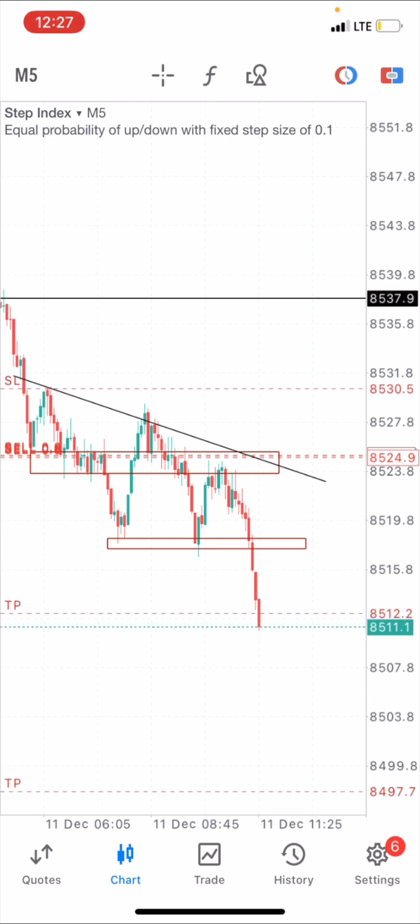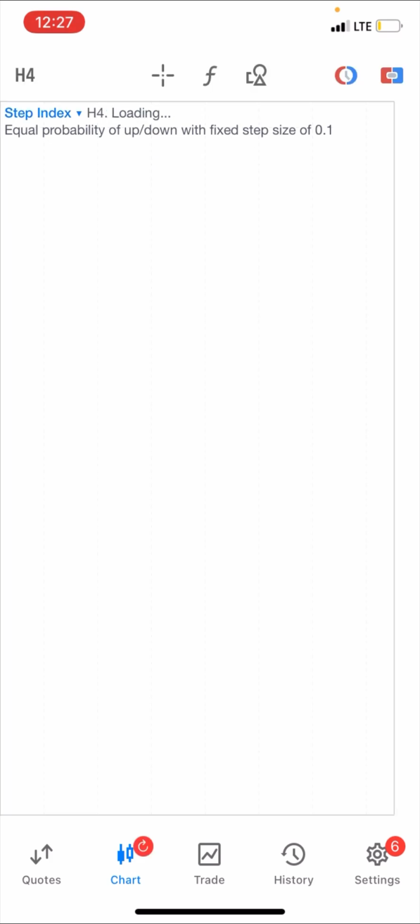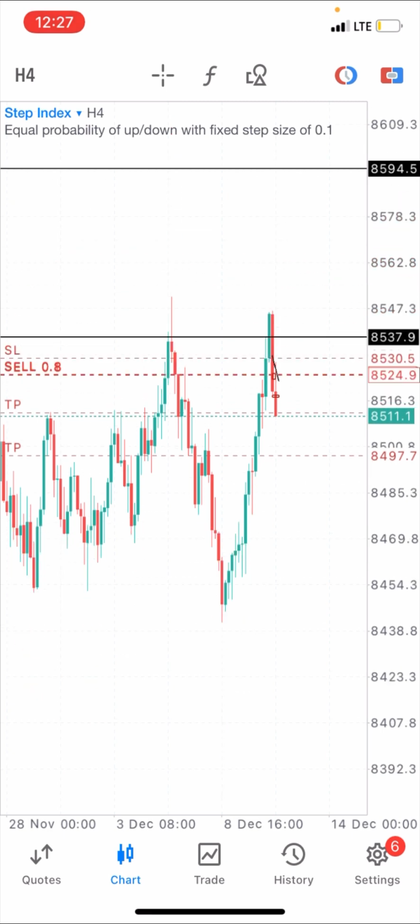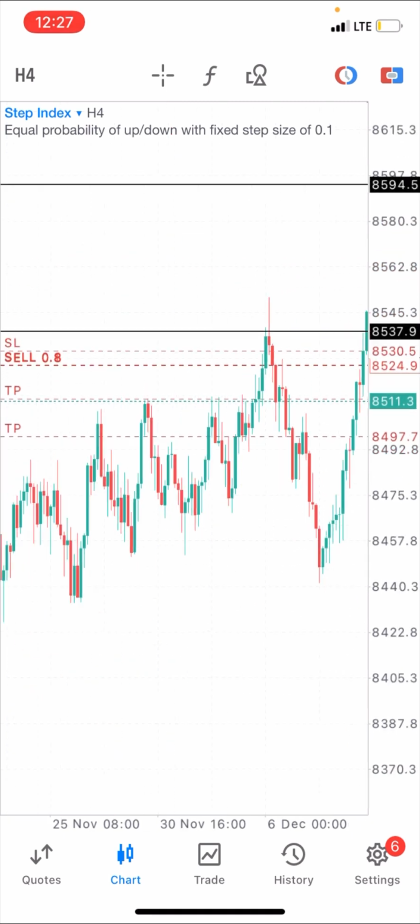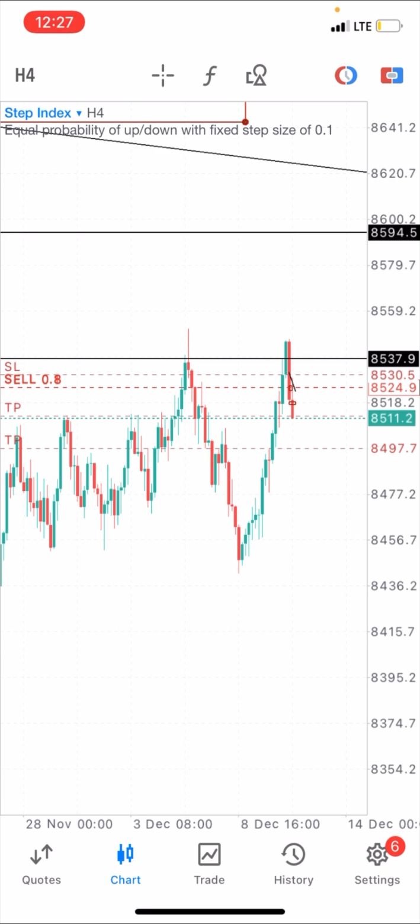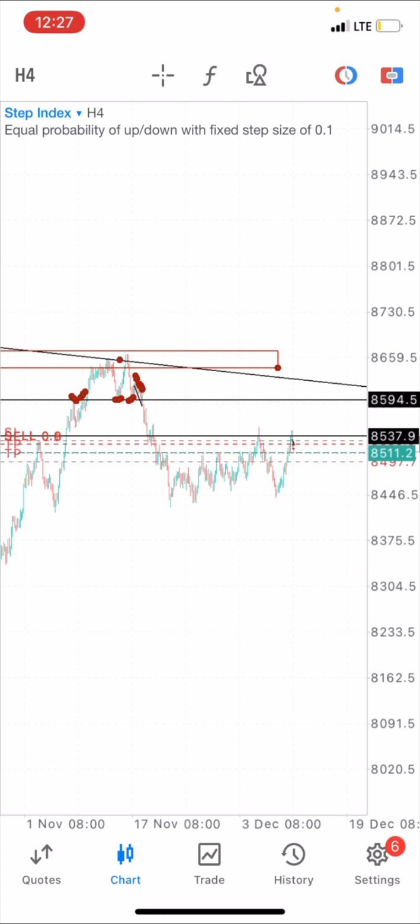All right, guys, so how do we come up with this entry? It's very simple. You just have to be able to identify the areas on your chart where price usually reverses from, after you must have spotted the direction of the market. Okay, so how do you do that? You just simply